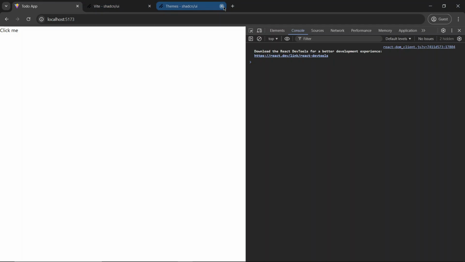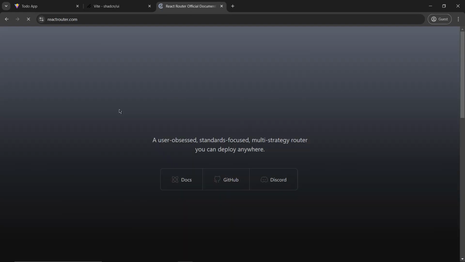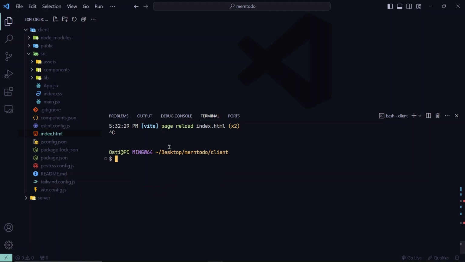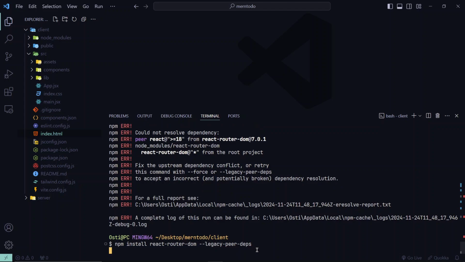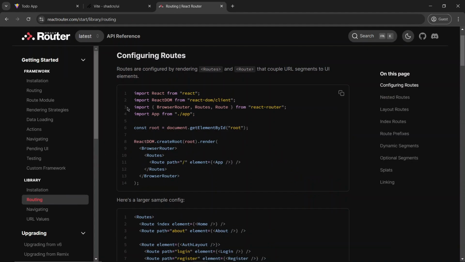Now let's install React Router DOM. Docs, installation. Open your terminal, npm install react-router-dom. We are using React version 19, so we also have to provide legacy peer dependencies. Click on routing, copy this,